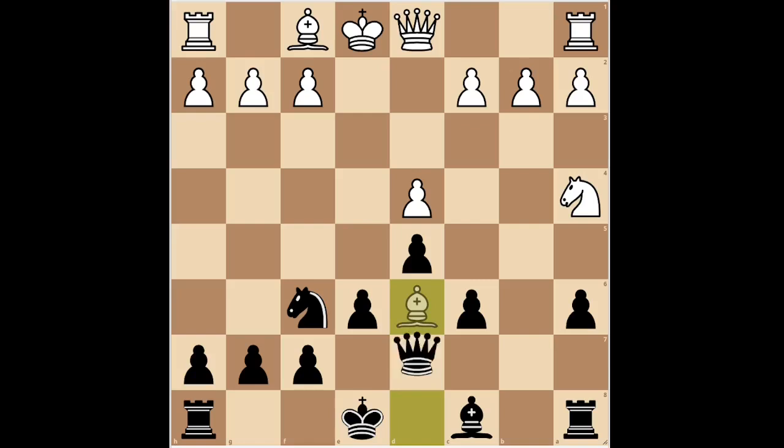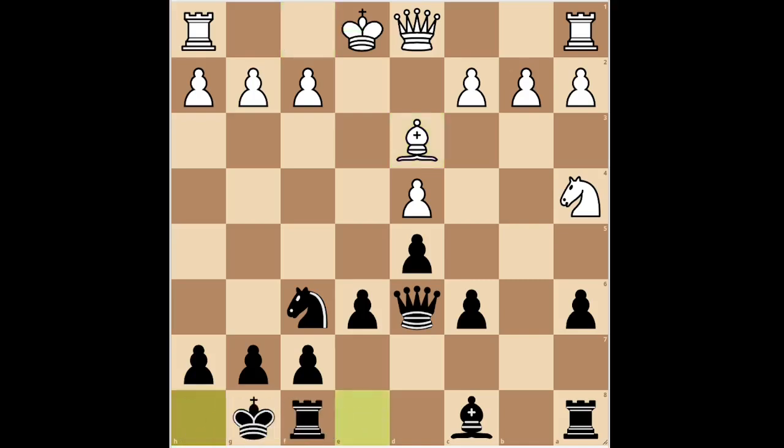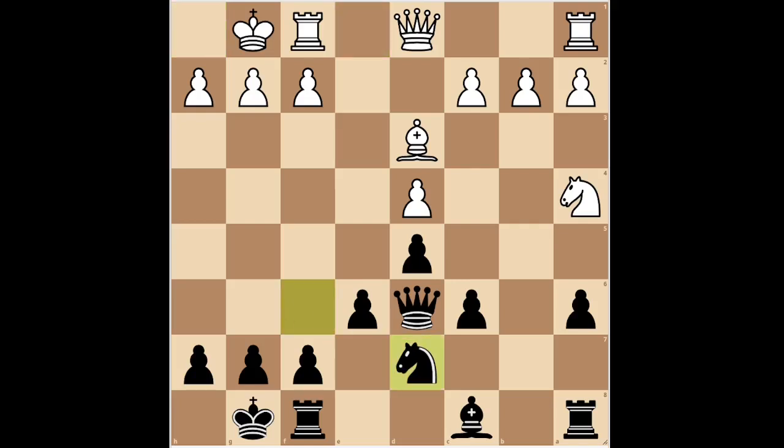After queen takes d6, white can play bishop d3, completing the development of his minor pieces and preparing to castle. Black can castle. White can castle. Black can play knight d7, with the idea of breaking in the center with c5 or e5. After, for example, queen d2, to connect the rooks, black can play a5, with the idea of developing the bishop to the a6 square to exchange bishops and, finally,